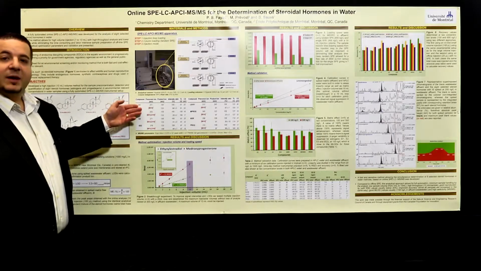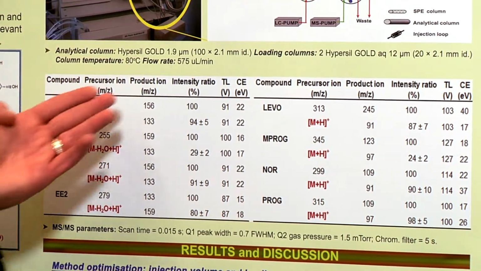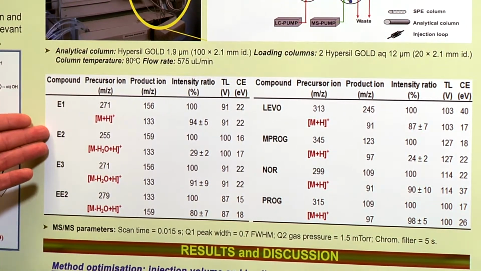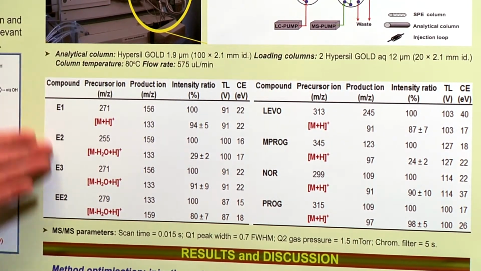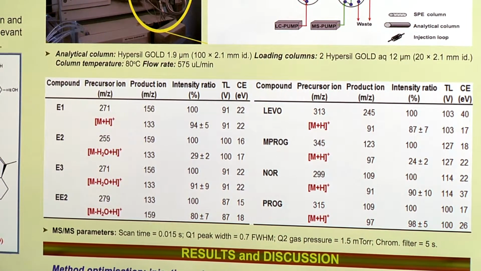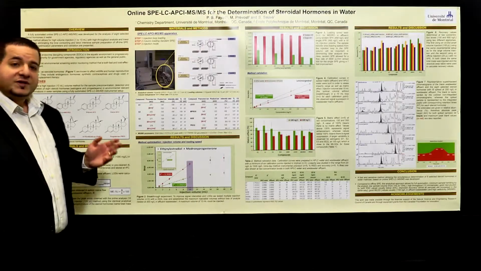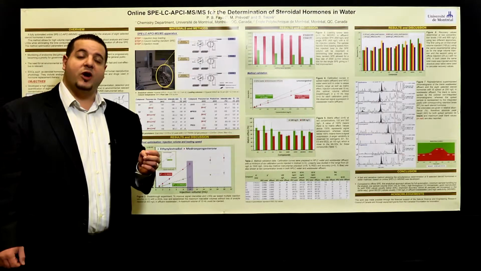So here you have the different MS parameters that we're using. So we have the precursor ions, also the product ions. We're working in positive mode, APCI. And these are the different fragments that we use to quantify and also to confirm the presence of our hormones in this wastewater effluent. So the first thing is we're trying to optimize the different parameters of the SPE